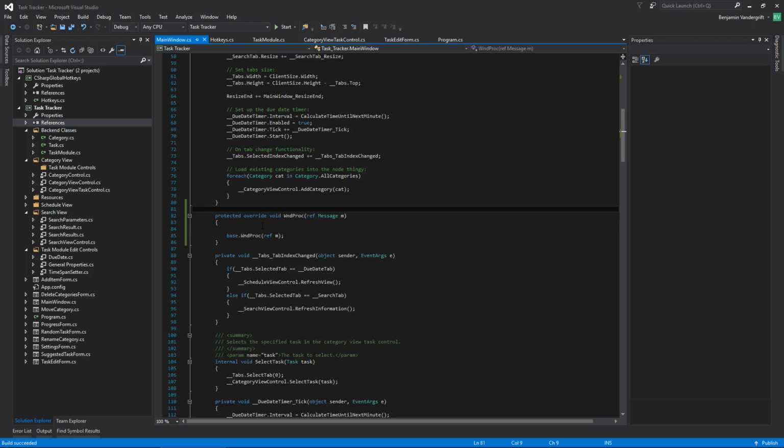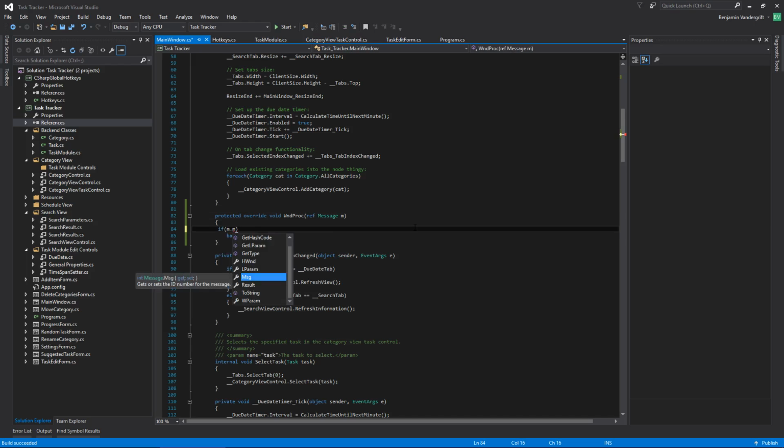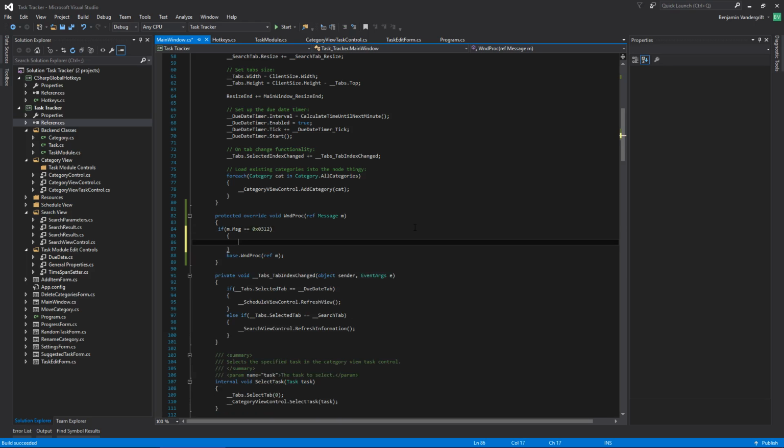The basic form of this is going to be: if m dot message is equal to OX0312, do the hotkey thing. Else, just use the normal base one, because that's fine. So that's really all that I need to do right there. I just don't know why it's not finding the thing. And then, of course, I'm going to need to register all of the hotkeys, but that's easy enough to do